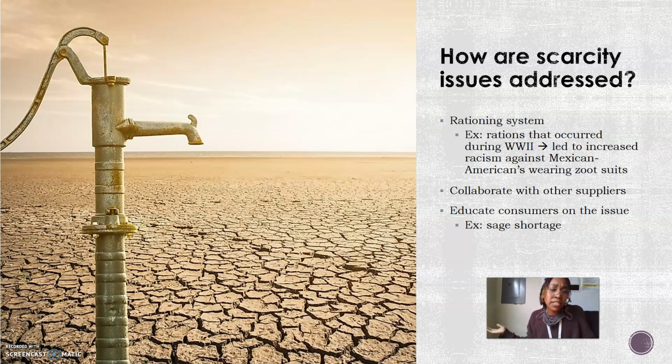Like there's a huge sage shortage in the United States. And some of y'all might know that sage is used by a lot of native and indigenous tribes for spiritual practices. So what people will do, especially in today's society, is advocate for those communities, saying, hey, y'all, maybe y'all should stop buying and burning sage so that we can ensure that one, sage is protected, and two, that natives can actually use it for spiritual traditions. And not even just natives, but it's also a spiritual practice of a lot of Black folks as well, stemming back to well before the transatlantic slave trade and whatnot. So really, it's a spiritual practice for both indigenous Americans and indigenous Africans.